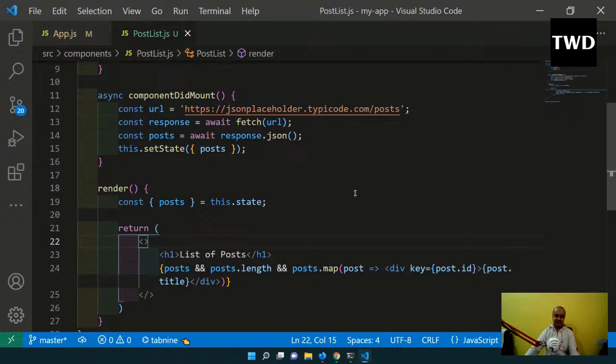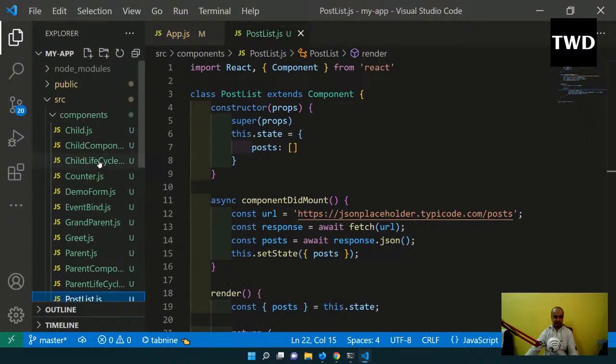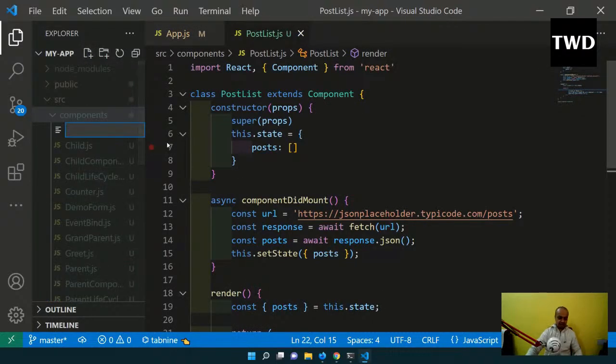So this is to get the data, but if you want to put the data, just like we submit some form or something, what should we do? So we will learn that also, and actually that is a bit complicated, not complicated, there is more code, nothing is complicated. The code is more when you do it through fetch than through Axios, but it's okay. So I will have another component, another file which is post